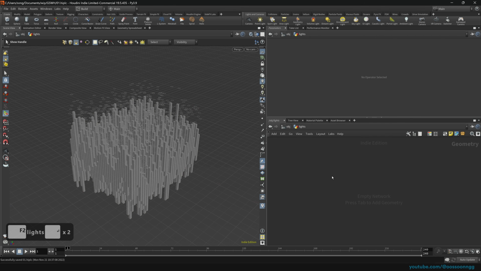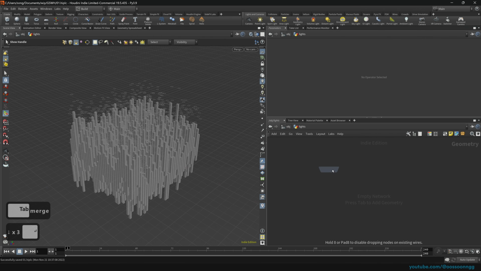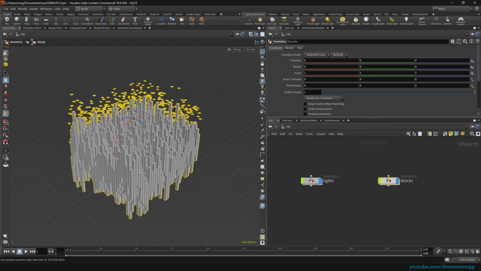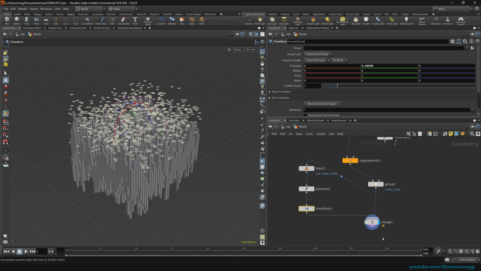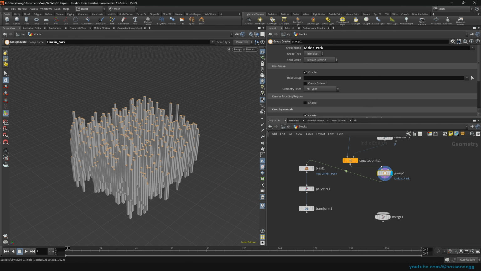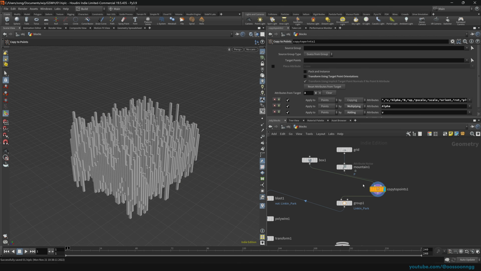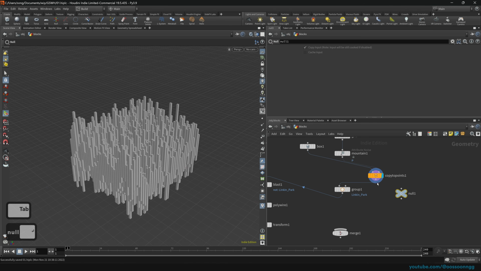It does not have anything. So what we're going to do is press tab, merge. As you can see, there is this object merge. So we will merge our lights that we created in this object into this lights object. Watch. So we have this merge here. We don't need this. I know that might be a little bit confusing, but what we're going to do is have this group just, actually not the group. We'll have the copy to points just hanging around, and we'll call this, I press tab, call null, and call it